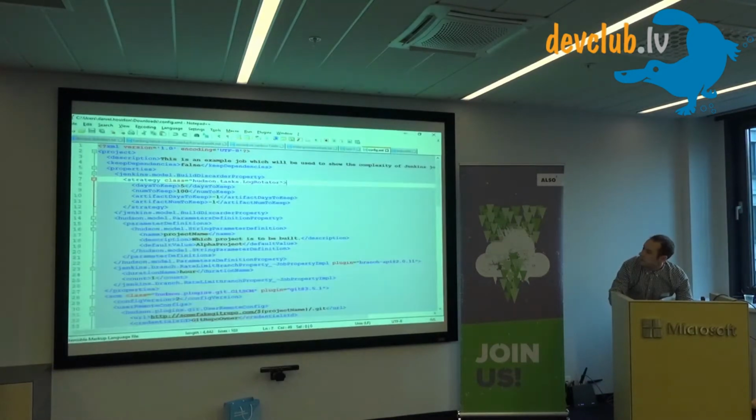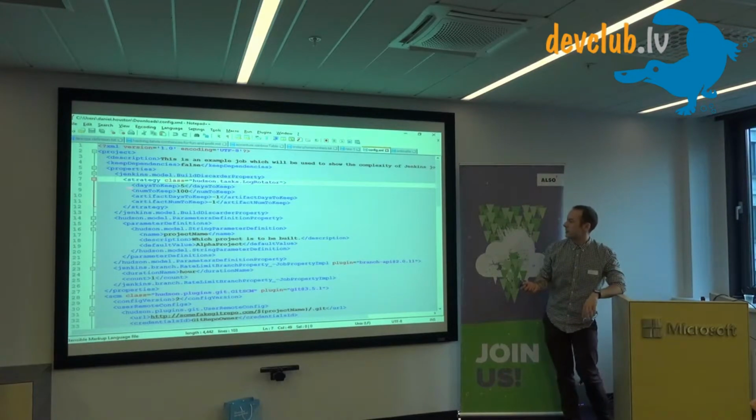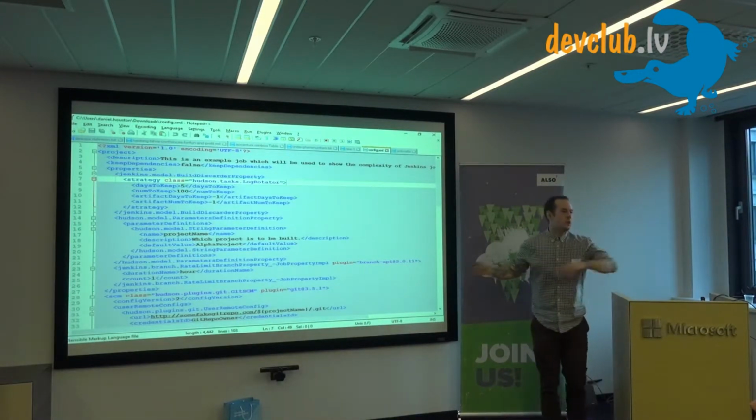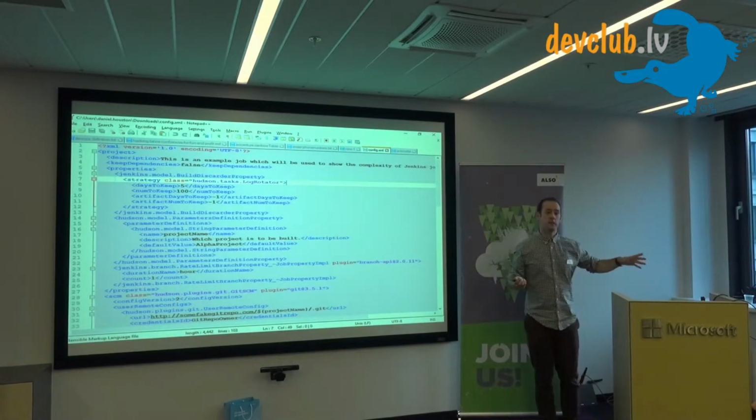Looks like this. Right? A lot going on here. It's XML markup. You could conceivably take this file and just stick it in source control and be done, right? You could just say, okay, we'll just